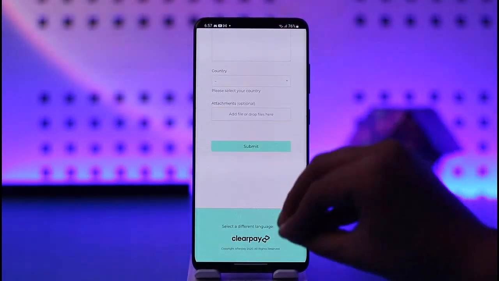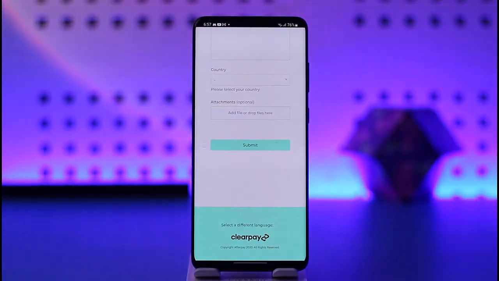Once you have done so, you will be able to submit them the report regarding your issue, and they will get back to you with the email address that you have added for the further step, how you can solve it, how they're gonna be in touch with you and help you solve the particular problem or concern of yours. That is how you can